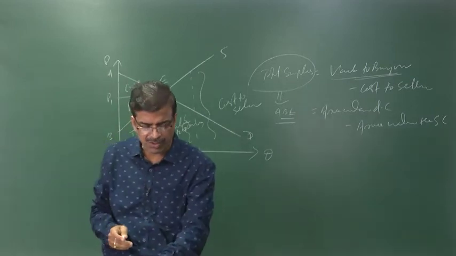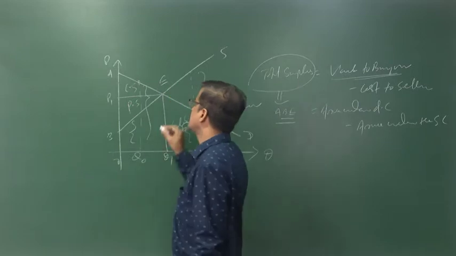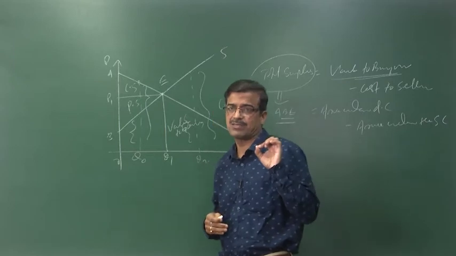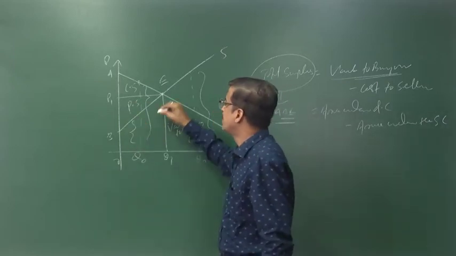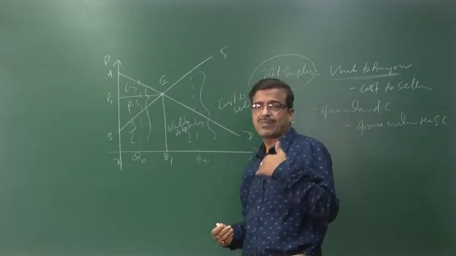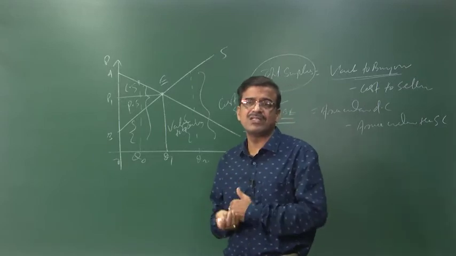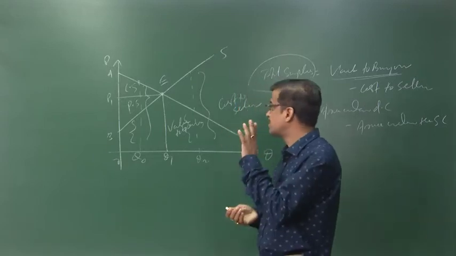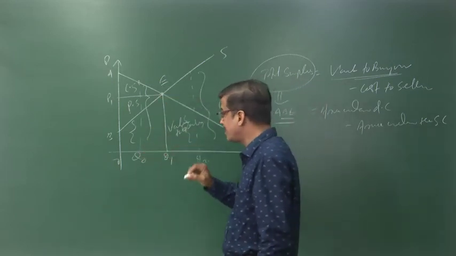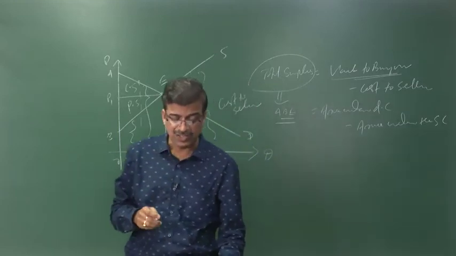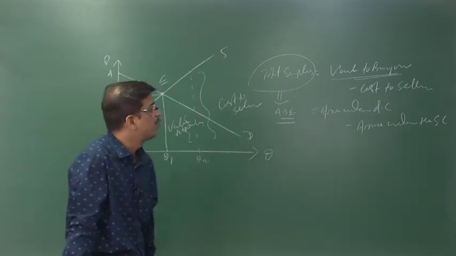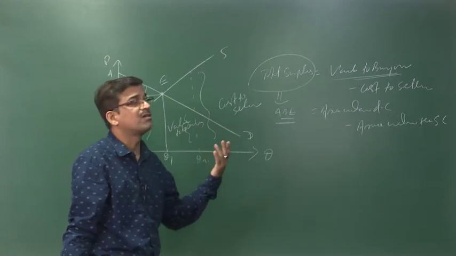Therefore, to reach the point of equilibrium, what do we have to do? We have to fluctuate the price of the product. The price must change in such a way that we reach the point. If the price increases, supply increases; if the price increases, demand decreases. Considering these increases and decreases in demand and supply, by changing the price of the product, we are able to reach the point of market efficiency. Our target in reaching market efficiency is to allocate the resources in such a way that there is no gap between the cost to the seller and the value to the buyers.